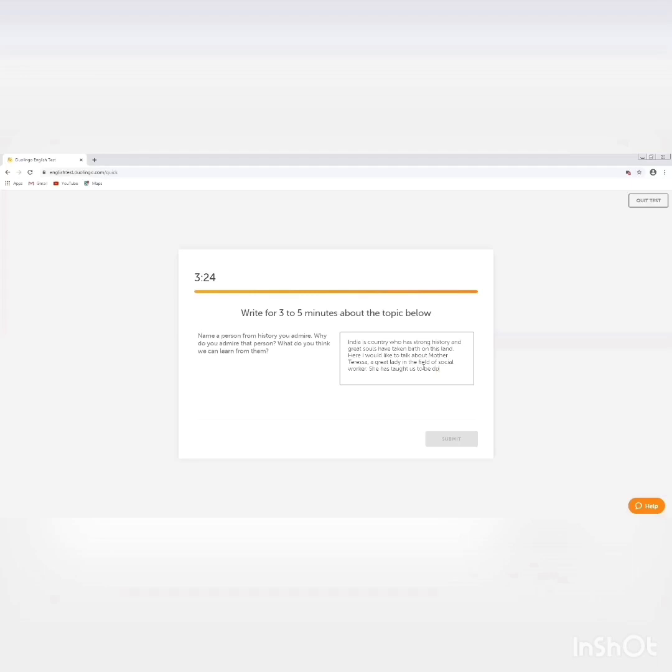And other than this, you get to practice this practice test a number of times. Every time you'll be getting different topics, different words and everything. So make sure that you practice until you feel confident. Once you are confident, you go ahead, take the test date, pay $49, book your test, and on the test date, you have to sit in a quiet room. You should have your laptop or your computer. So this examination is not at all difficult, and in a quiet place you have to give it.